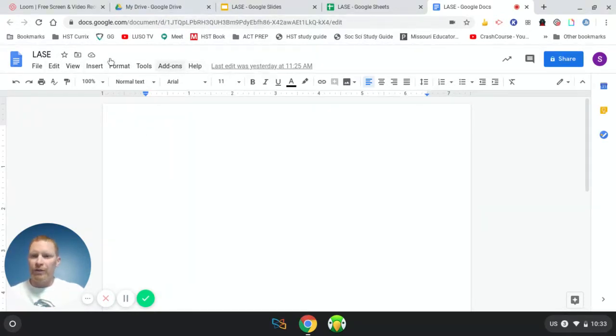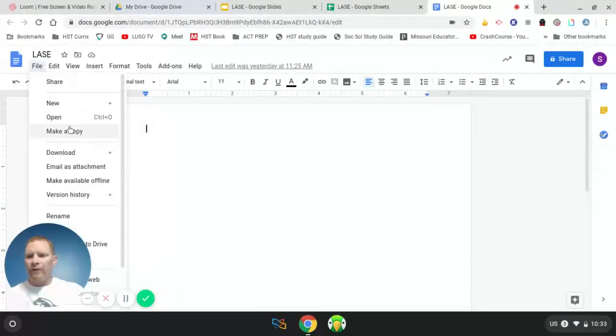There might be some differences in Docs versus Sheets versus Slides. Your buttons down here will change a little bit. If you see my mouse moving here, your buttons will change a little bit based on the program. But for the most part, what I'm about to go through is in all of them. So if you click on File first,